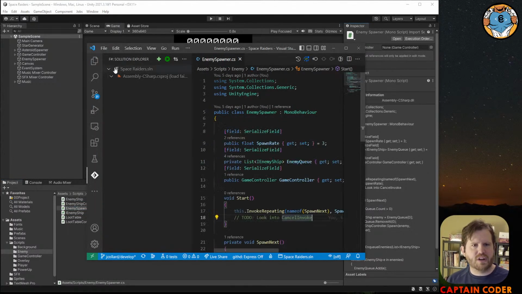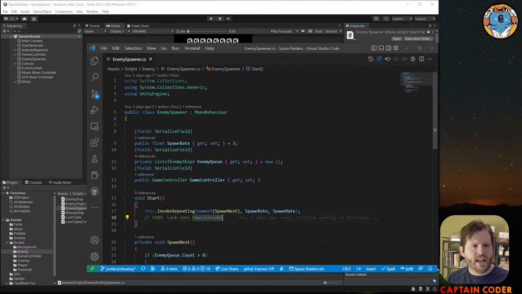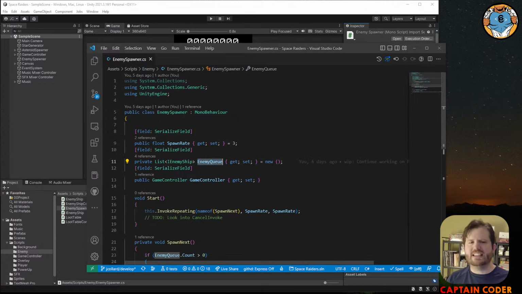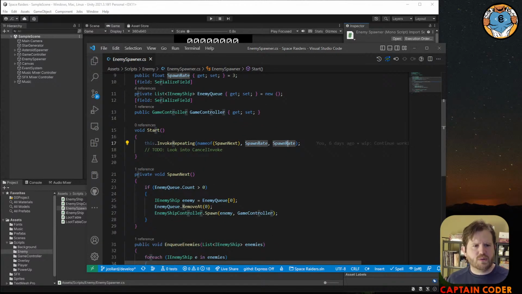The main idea with our enemy spawner is we have this enemy queue. We have a list of enemies that are going to spawn, and every 3 seconds, in this case, we have a spawn rate where we set how often enemies are spawning into the world. I discovered this InvokeRepeating method, which allows us, rather than putting stuff in our update method,